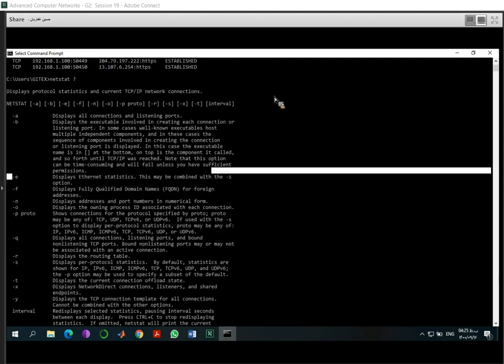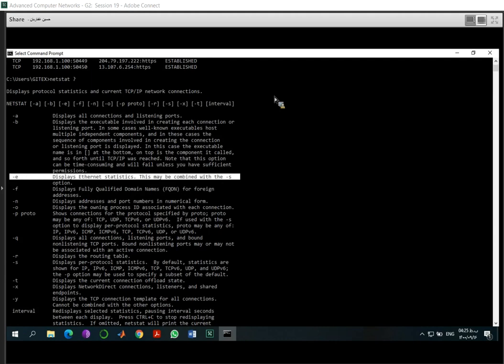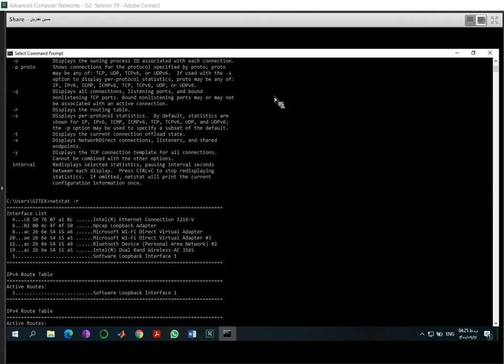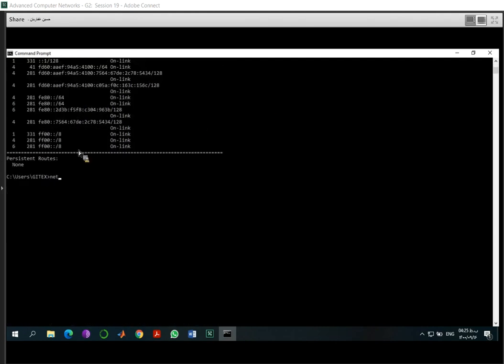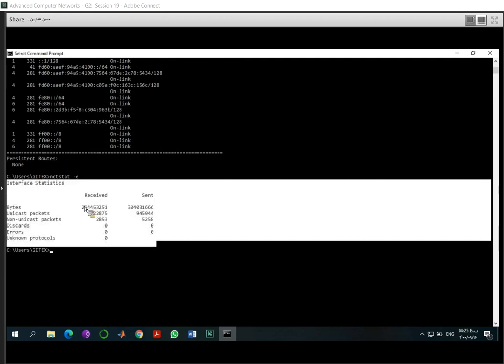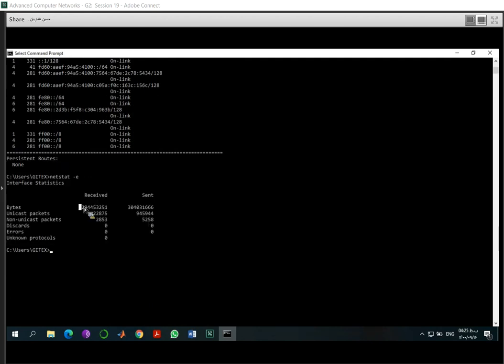Okay, so simply when I ask you to do this, you need to read these switches here and find the best switch according to your project. Okay, for example, here protocol. I ask you to work about ICMP protocols. So I can write here netstat -p ICMP.